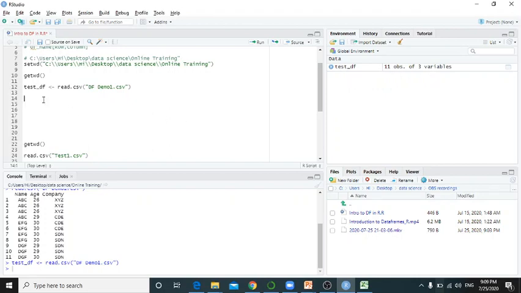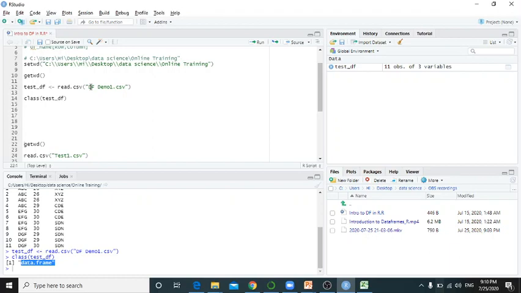Okay, so let's see what the class of test df is. So test underscore df, and if you check the class of test underscore df, it says it is a data frame. So that means we have created a data frame whose name is test df, and in test df we have copied all the data which is present in df demo1.csv.